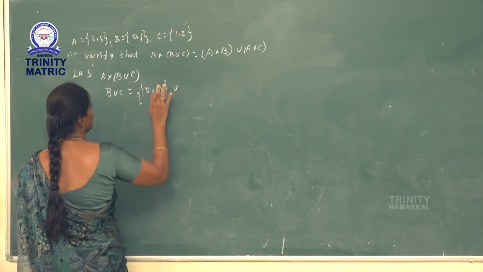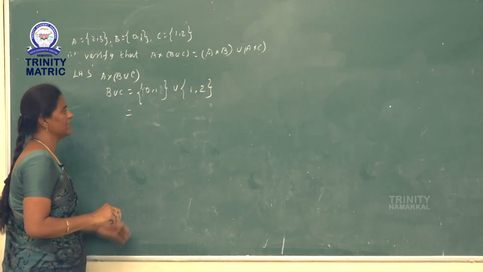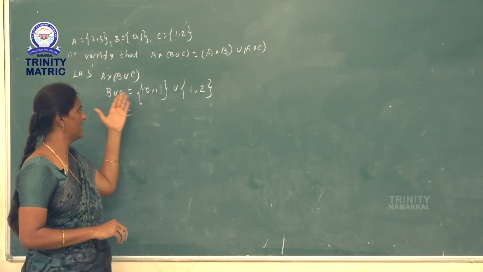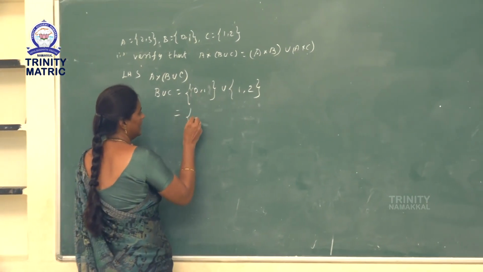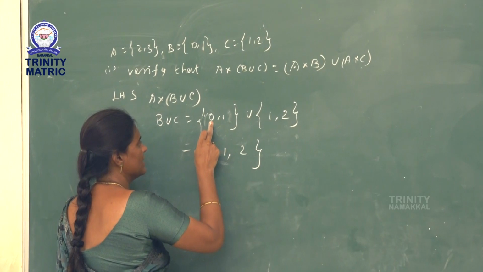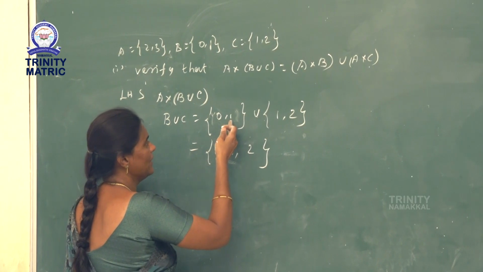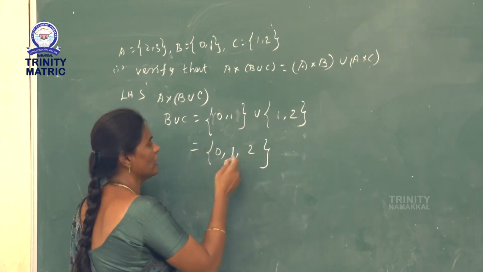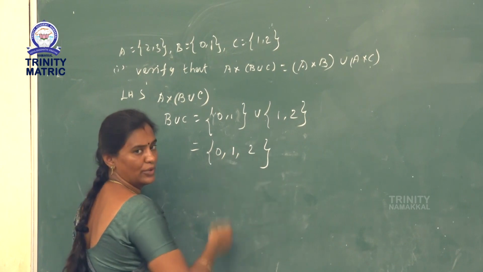union the set C, which is 1, 2. B union C means we combine the elements of B and C. We write the elements in B or in C or in both. See here, we write the elements 0, 1, 2. Here 0 is in B but not in C, we have to write it in B union C. The element 1 is in both B and C, we write it only one time, not 2 times. Here the element 2 is in C but not in B, we write it in the union.